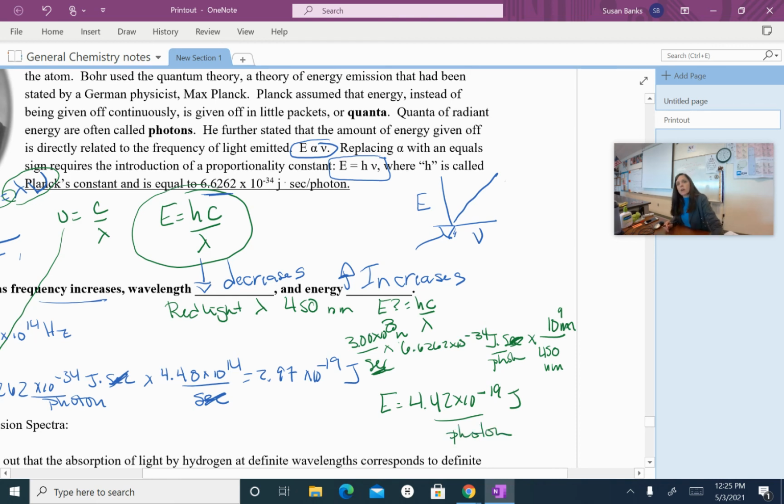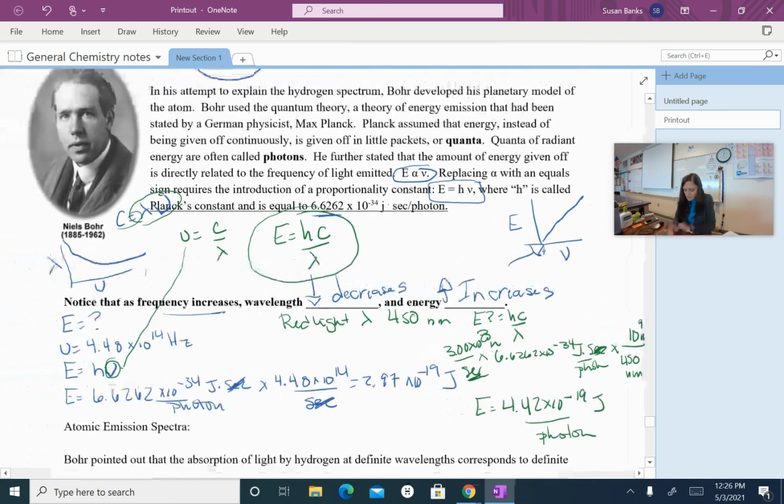Okay, so we can figure out the energy that we have in a wave if we know the frequency or the wavelength. So if we use the frequency, we're going to use this